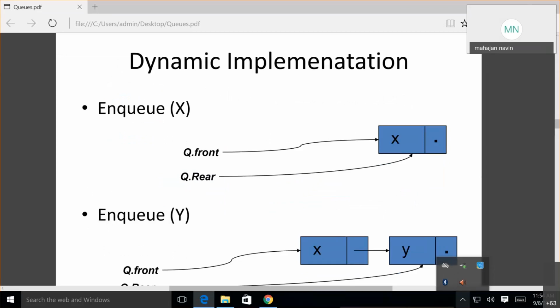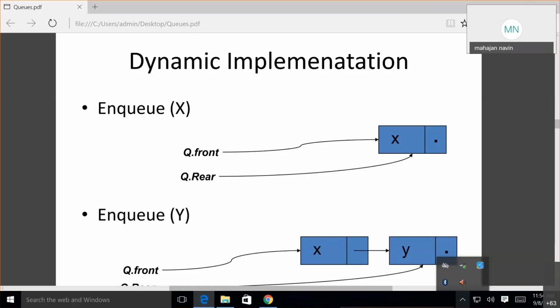Suppose initially there is no space, it is empty, and front and rear are pointing nowhere. As soon as you insert one element, one memory location, one node is created. We call it a node, and we'll see that in the next unit. So initially one node is created, and the front will point to the first node, and rear is also pointing to the same element.